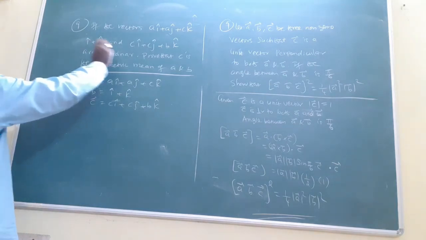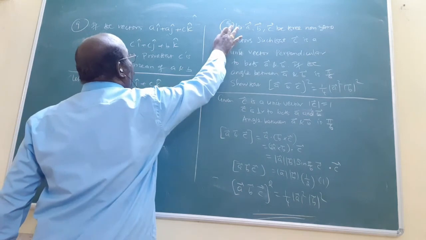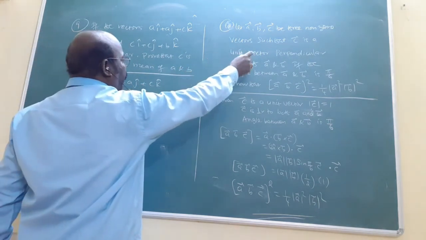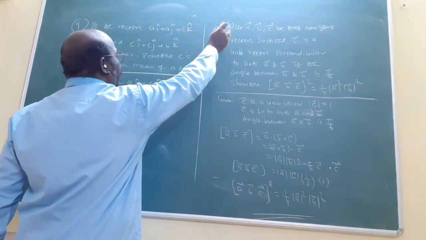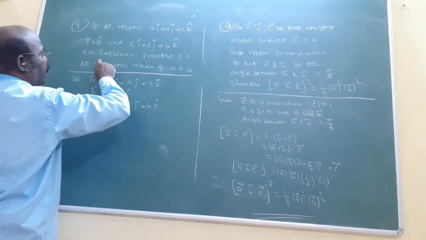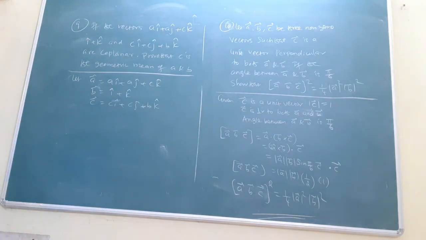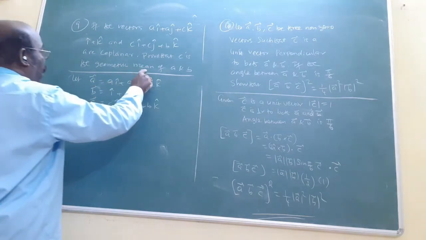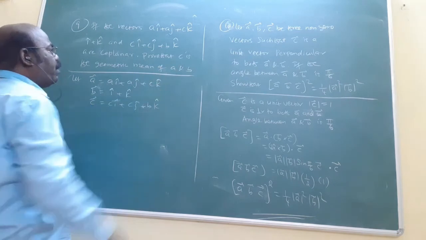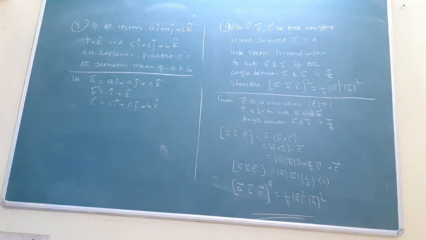Now actually, previously I explained, no, this is actually the 10th question. Number one, check: the previous question is actually the 10th question. Instead of 9, put 10. This is the answer question. If three vectors are given, this is coplanar. Prove that C is the geometric mean of A and B. Geometric mean means GM, like geometric progression, that idea. So C is the geometric mean of A and B. In terms of area, you want to prove C squared equals AB.